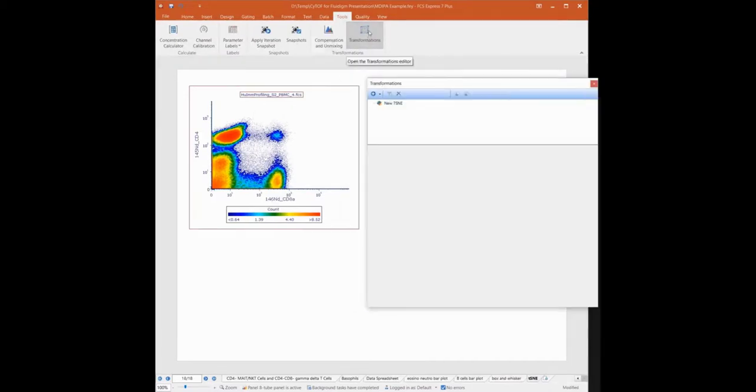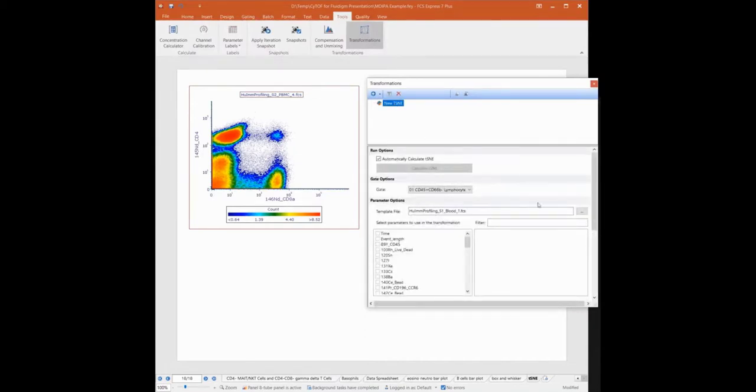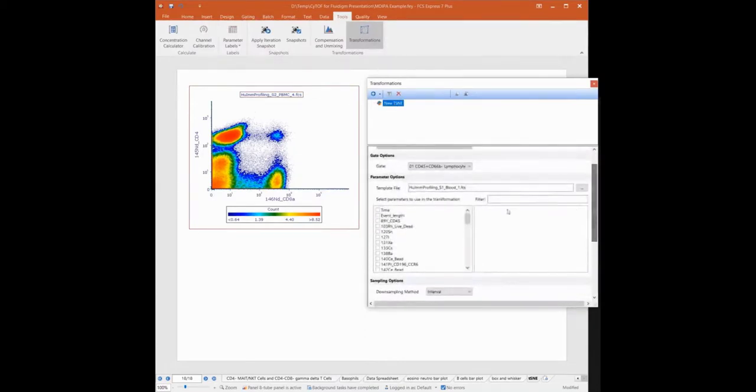So you see I clicked here on the transformation window and I already had created a t-SNE transformation. And I'm going to select which parameters I want to participate in my t-SNE. And I've already selected that I want my t-SNE to be based on CD19, CD4, CD8, CD11C, CD6, CD45RO, and CD45RA. And so the only thing I actually have to do to calculate the t-SNE is simply drag this t-SNE